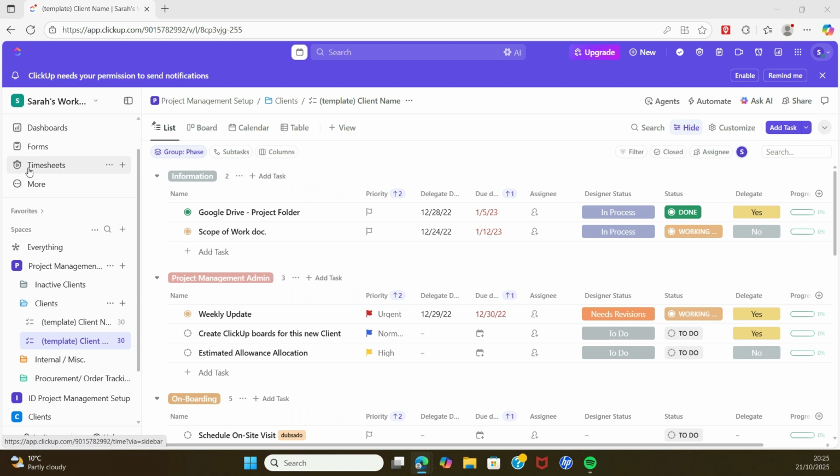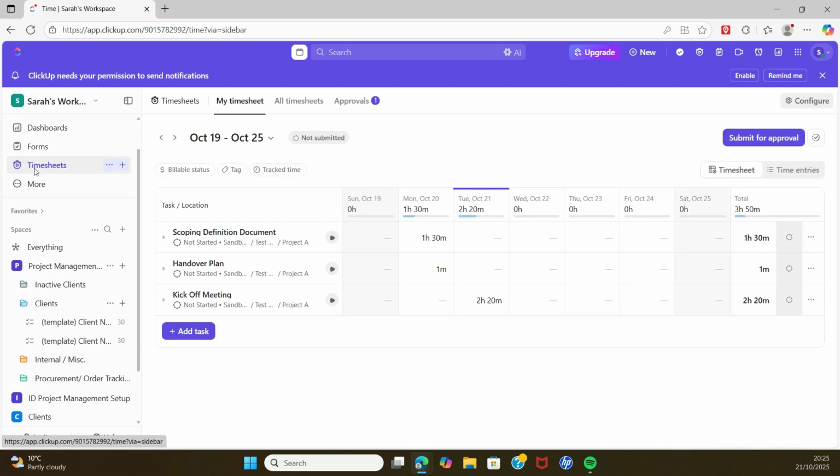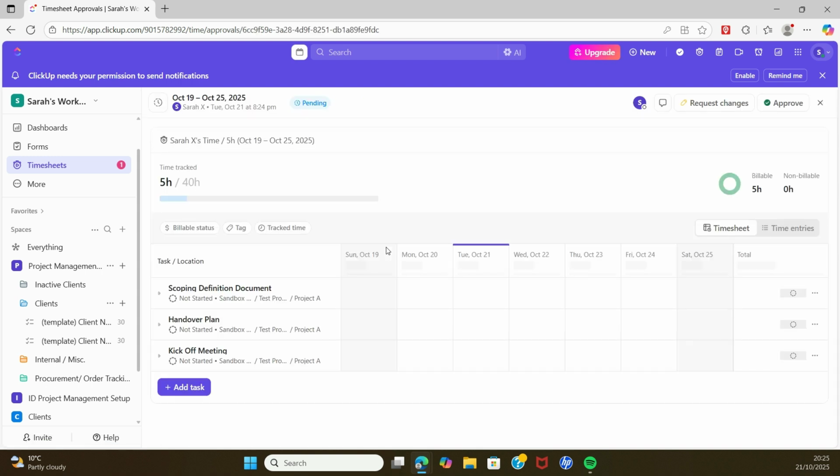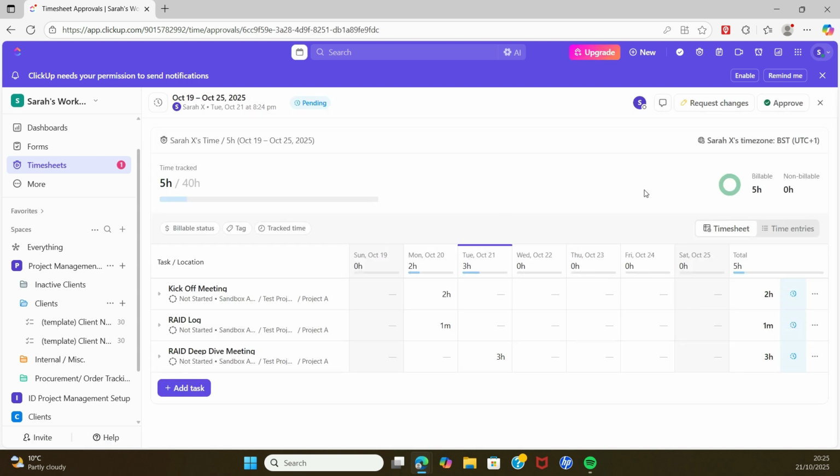So if we click into timesheets, okay, and then at the top here we can see it says approvals and a 1. So if we click on the approvals, we can see that there's a timesheet that's come in from Sarah X, and there's a little button there that we can press to review. So it's showing me that there's 5 hours worth there of billable time, and you would have a look through,